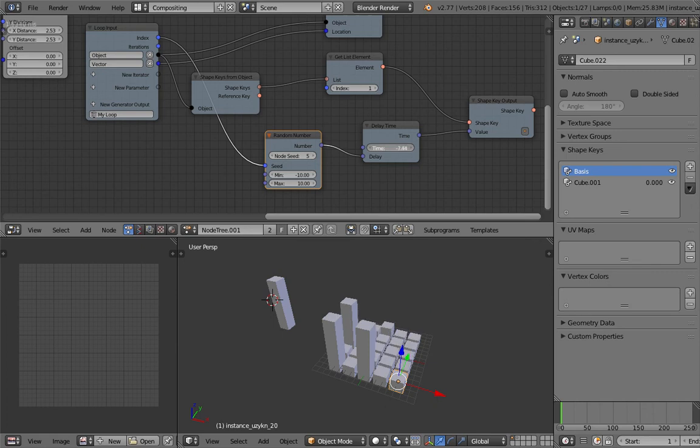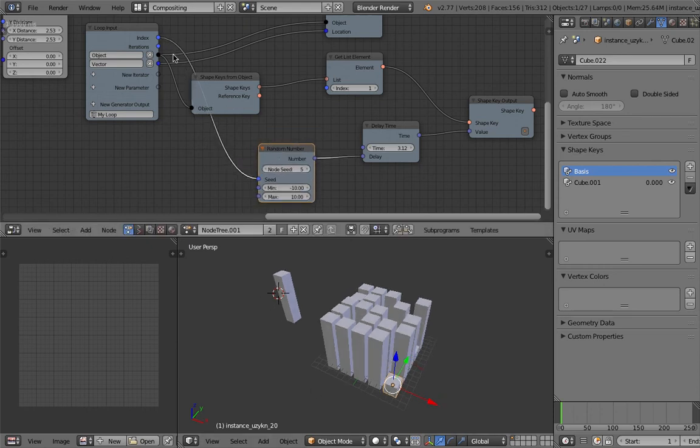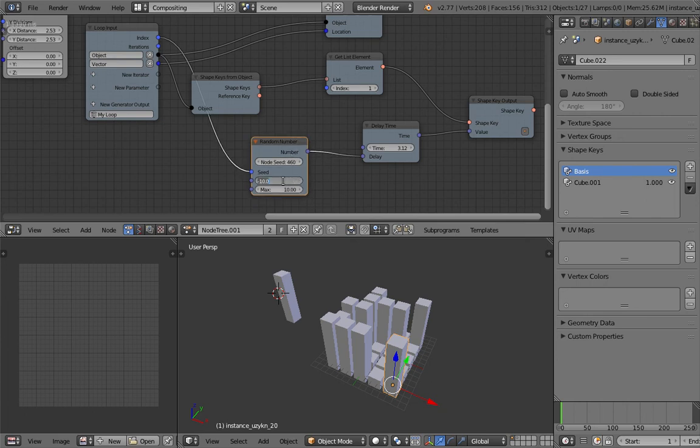Here the animation is going like it's staggering a little bit, but it's actually more sophisticated as well because it has some kind of random. If you still want to keep the order, you can mix the index and the random number here. You can randomize the seed, of course. The min and max, let's see. So that's